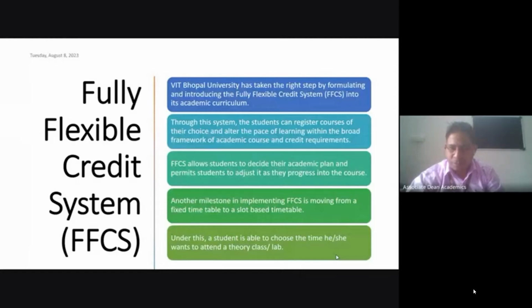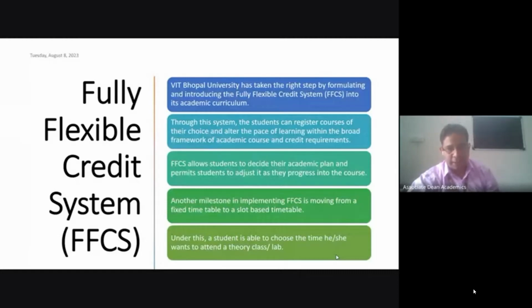So if you want to study a particular course only with this faculty, and the timing does not matter to you, then you can choose any timing associated with that faculty. So overall you can make your own timetable. Some courses you can study in the morning, some in the afternoon, and some in the evening. According to your convenience you can make your own timetable, provided the faculty or slot you want to opt for is available at that time.